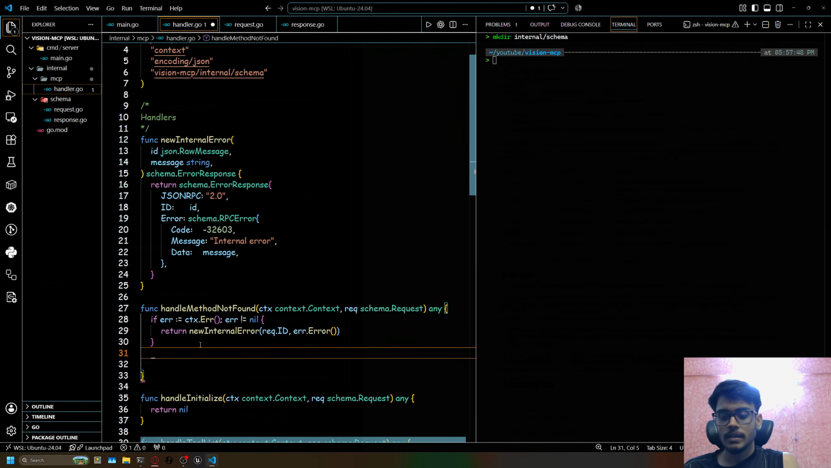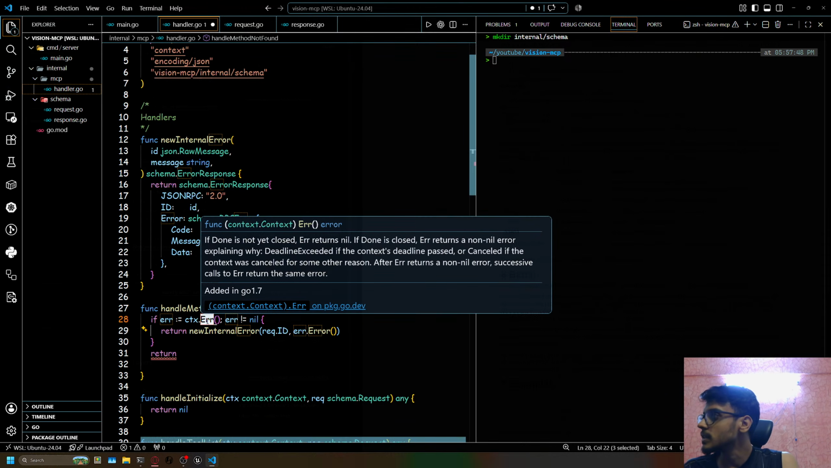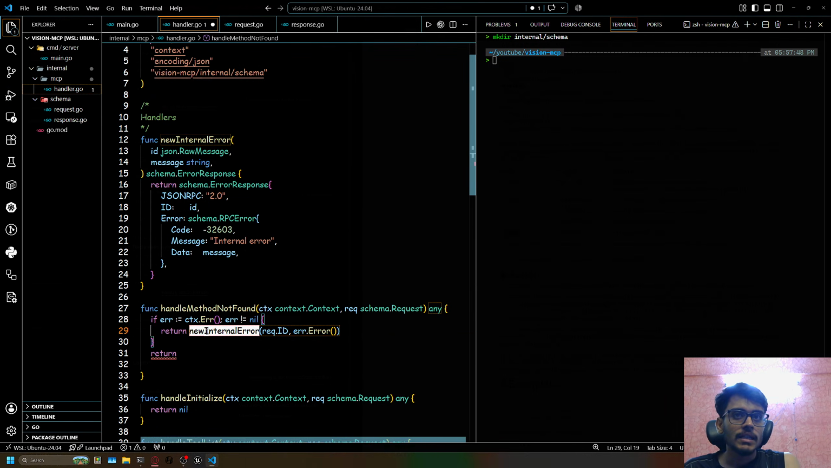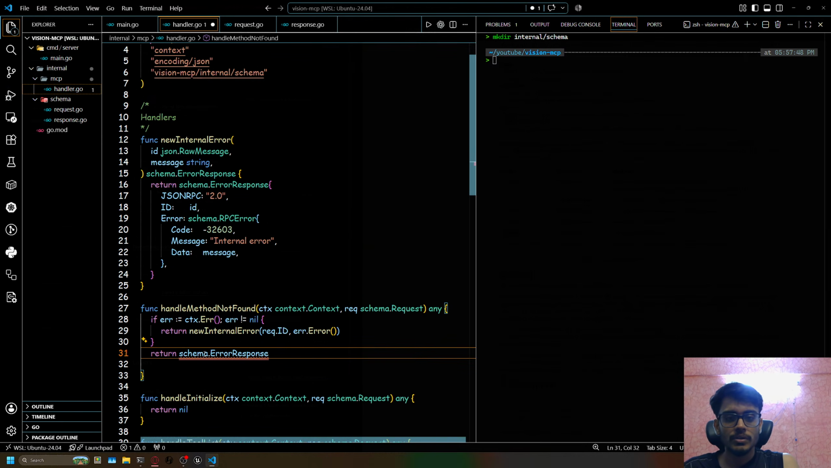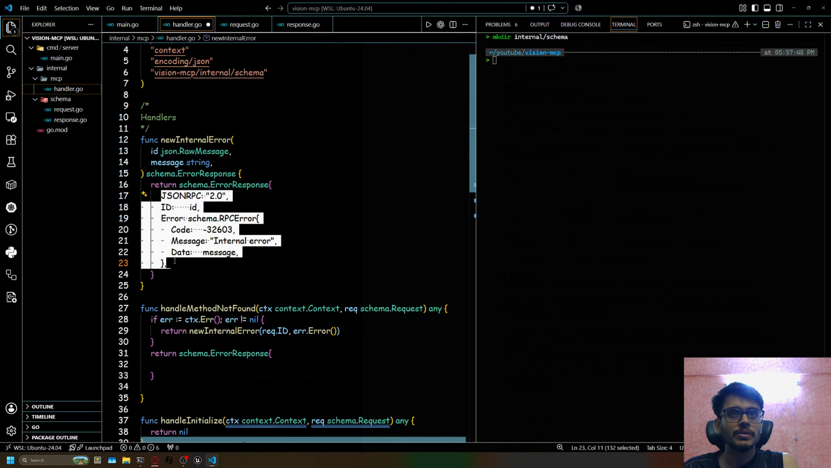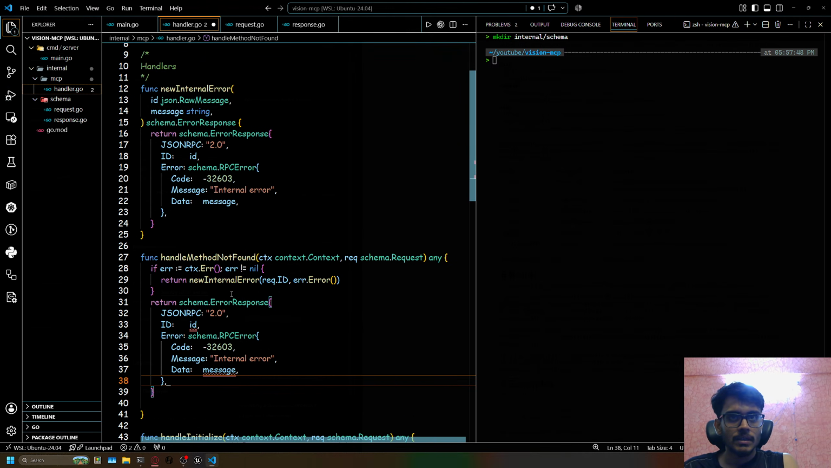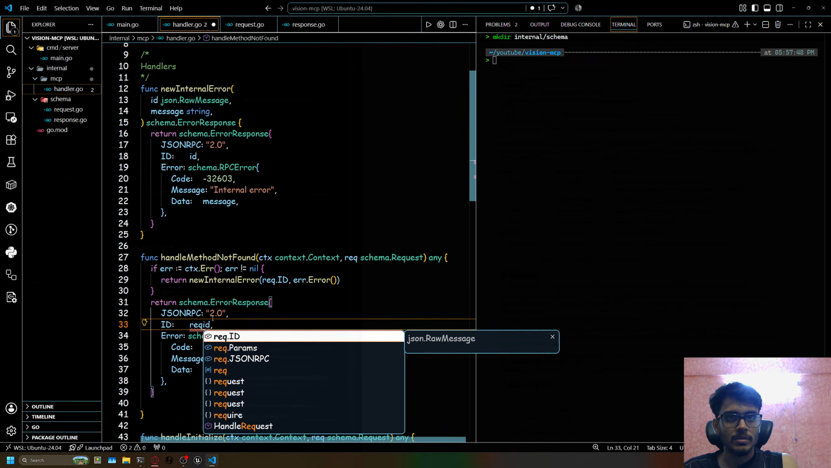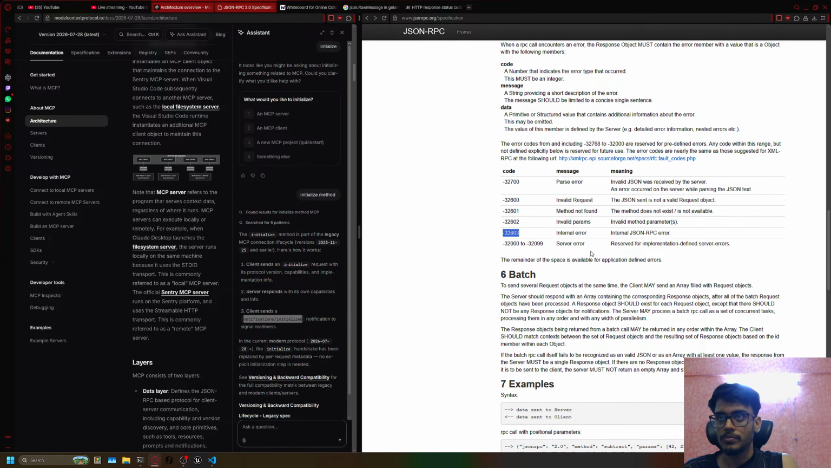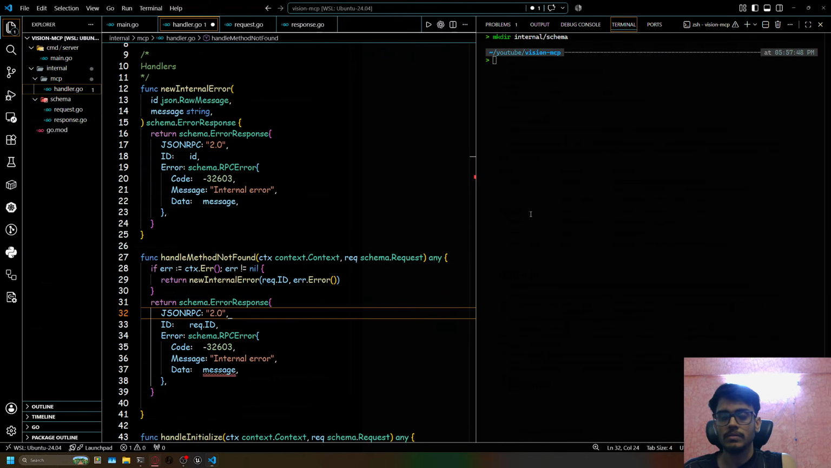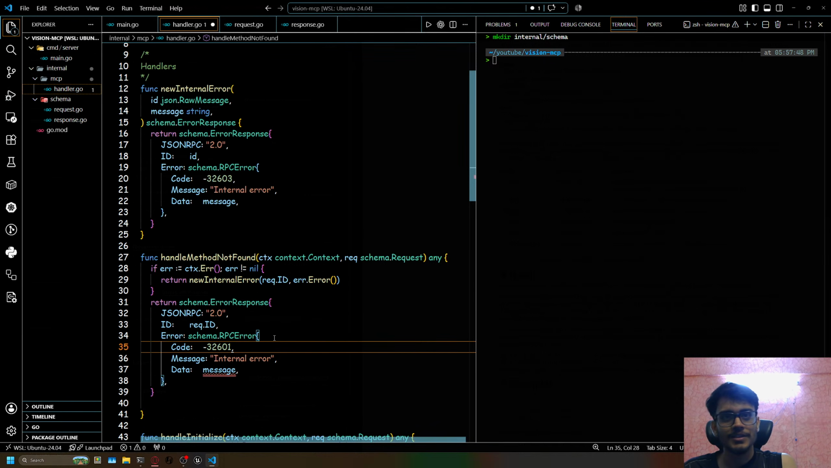Cool. Then here, if the context says kill yourself, or if there is something wrong with the context, then I need to send this internal error, which is 500. Otherwise I will send an error response. Okay, so similar to this. ID I should get from request ID, remove. Okay, and this is a 404, which is method not found, which is this. Let me copy this. Okay, and here I can say